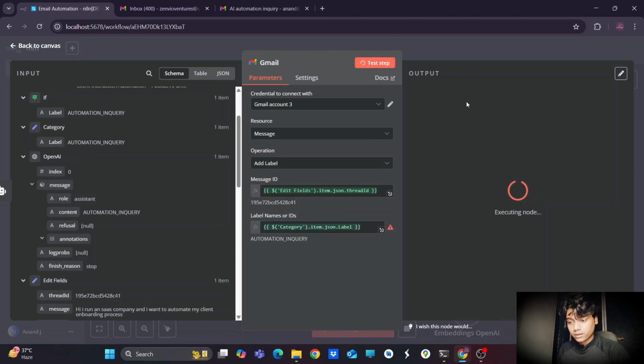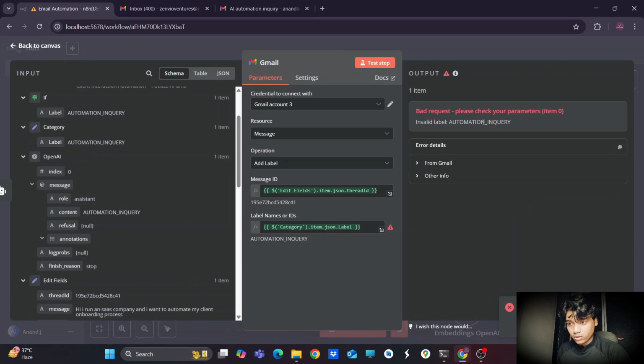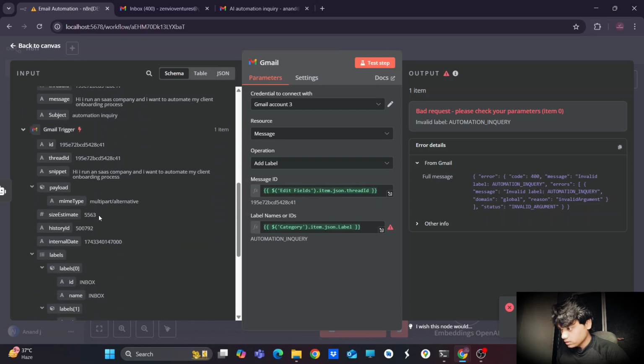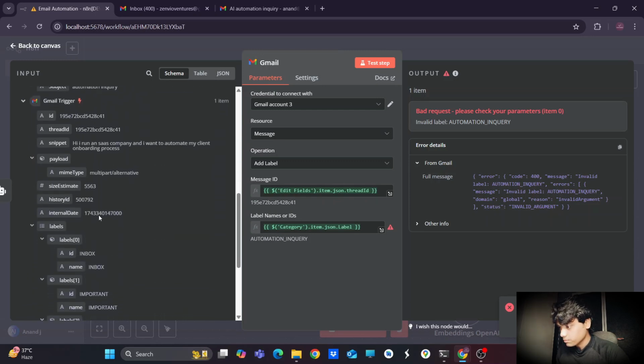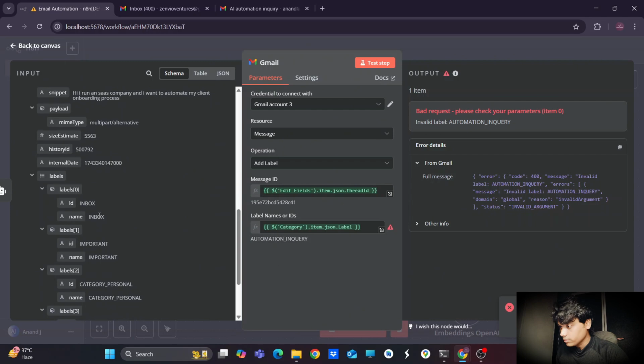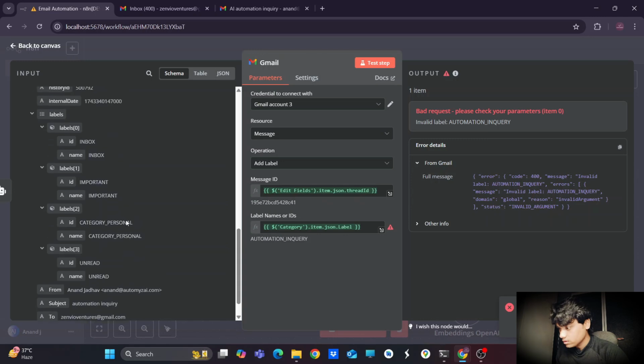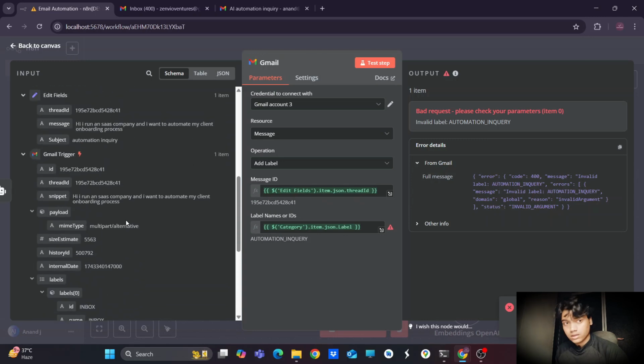Let's test this step to see if it is adding the label or not. Oh, it is saying bad request. Please check your parameters. I think this message ID is not proper. Let's check the message ID again.